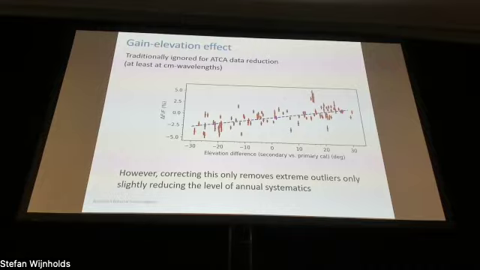And traditionally we ignore gain elevation effect for compact array data reduction, simply because we always have a calibrator observed close to the source. And somehow we haven't thought about it, at least at centimeter wavelength. Millimeter astronomers, which are virtually non-existent now in Australia, at least knew the recommendation to always observe the primary calibrator at the same elevation as your secondary, for a good reason, because the beam at 3 millimeter is changing all the time for the compact array. At centimeter, no one bothered with this kind of thing, and yeah, we had to correct it.